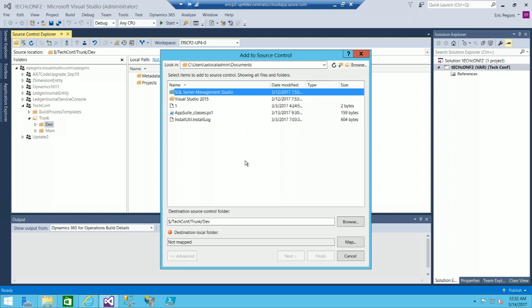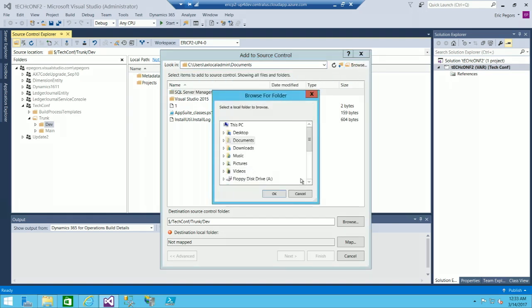This is what's on my computer, right? So I can browse to the J drive, AOS service. Now here's my packages folder. My package is called Tech Conference, right there. And you can see under the Tech Conference folder, this is a brand new package, never been compiled,